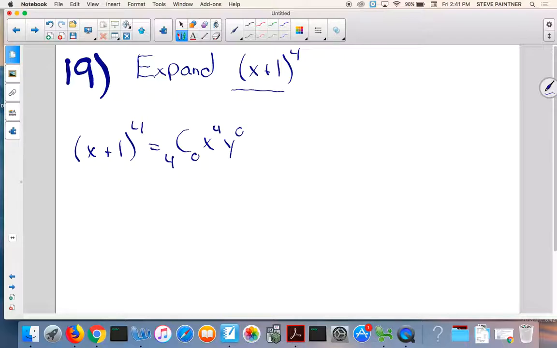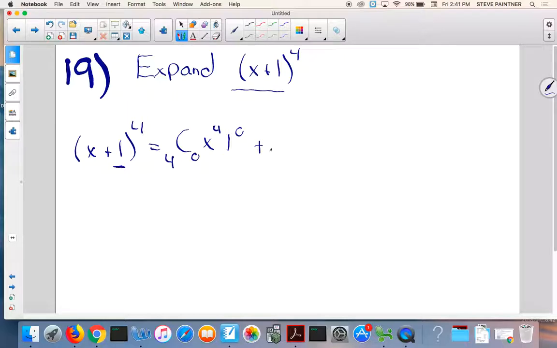Or sorry, not y in this case, that was my mistake. In our binomial theorem, x and y are like placeholders. We can put anything there. So in this case, our y is actually 1. So it's like x to the fourth, 1 to the 0th